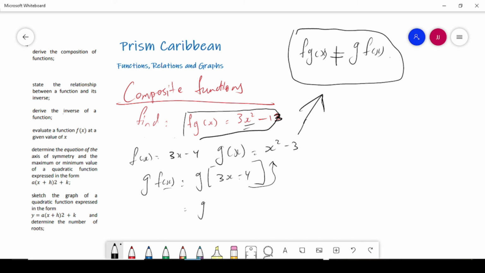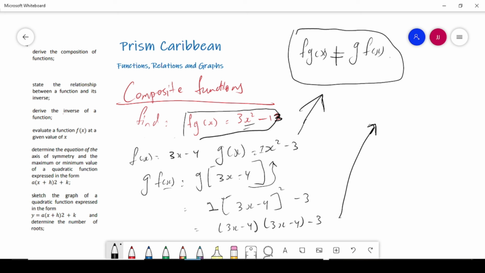So this will be just equal to, you could say 1 because there is a 1 behind this x squared, into 3x minus 4 squared minus 3. So now we expand this bracket, that being 3x minus 4, 3x minus 4 minus 3,